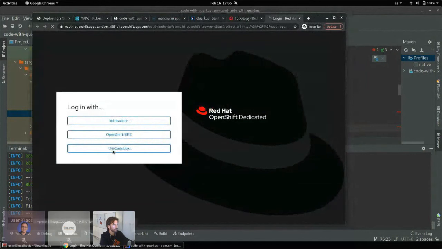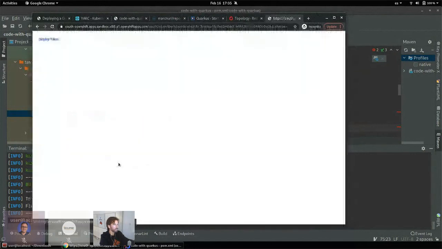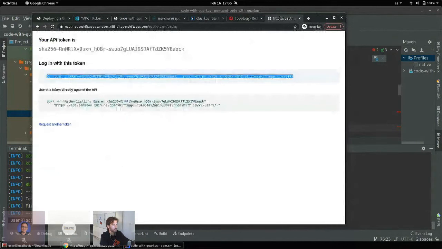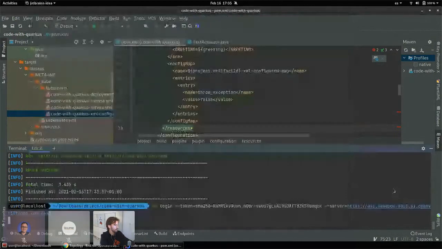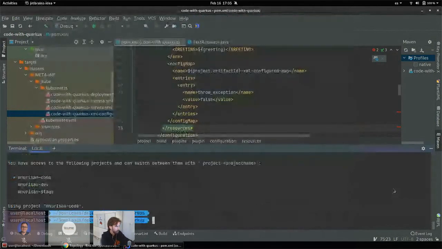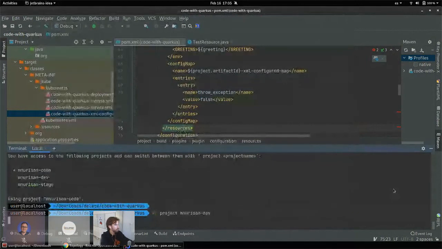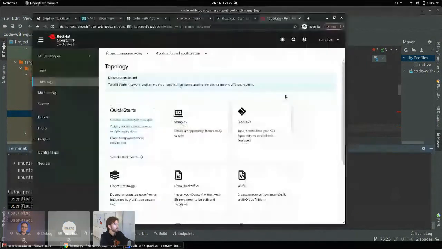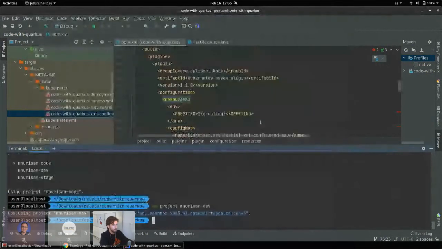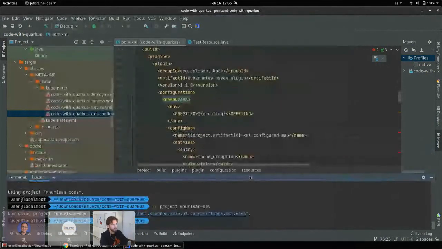So the first thing I'm going to do is log in to my local environment, if it helps. And I'm going to choose the same project that I have here, this one. Okay, so in order to switch from Kubernetes to OpenShift,